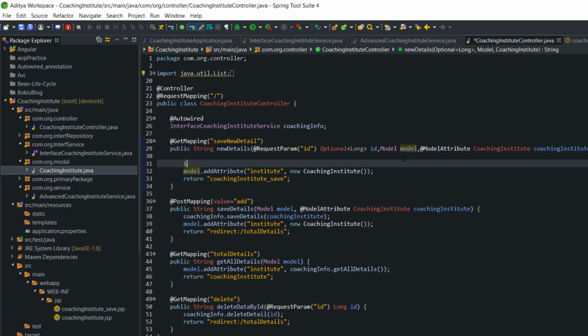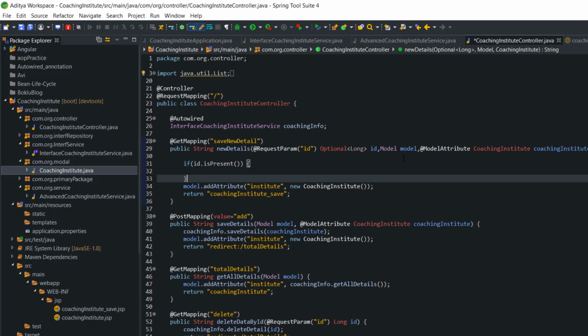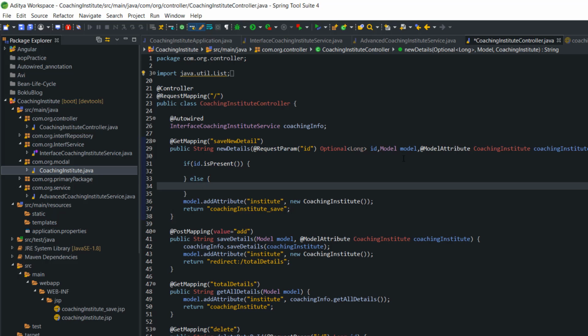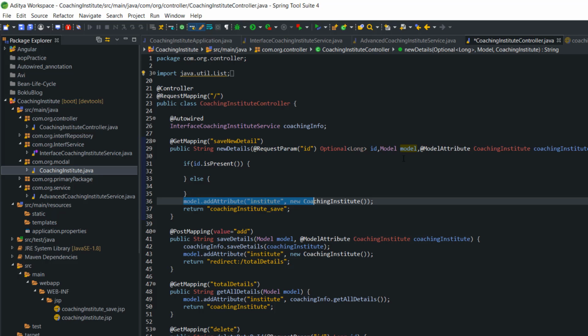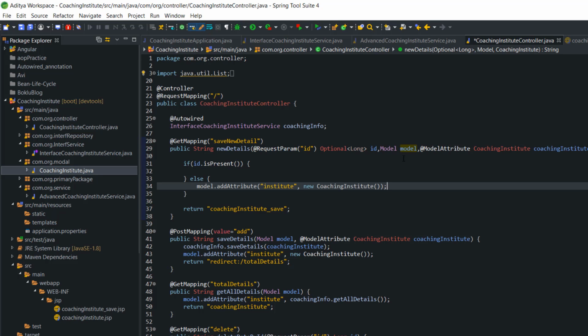Now we will write one if else logic with the help of this ID. So if ID is present, then go to the update section. How will we go? And if ID is not present, then create a new one, that means it is coming from the create option. Control X, and here